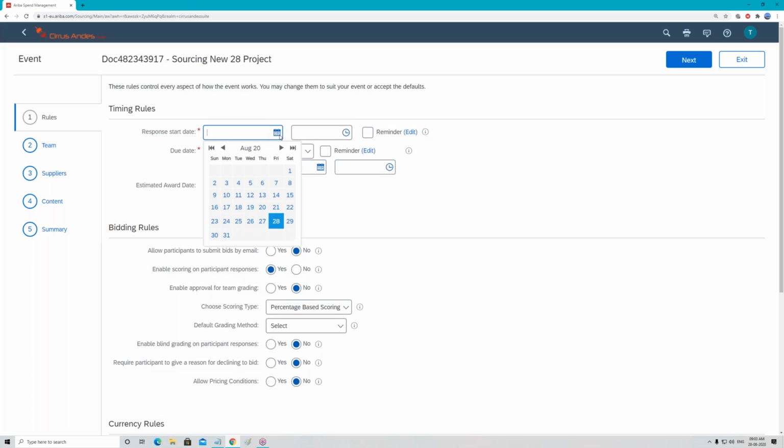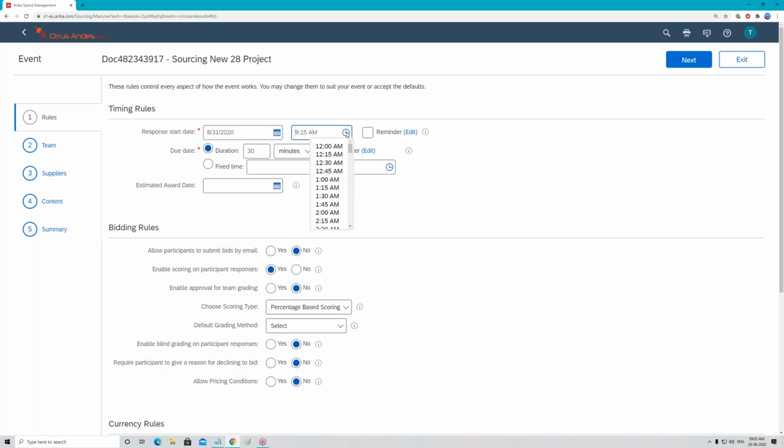Every sourcing project, I think most of you will understand, will have a start date and end date, right? Start date means when the sourcing project becomes editable to the supplier, and the supplier can create the response. End date basically means the due date. After this date and time, the supplier cannot create the response, nor edit it, nor submit it.